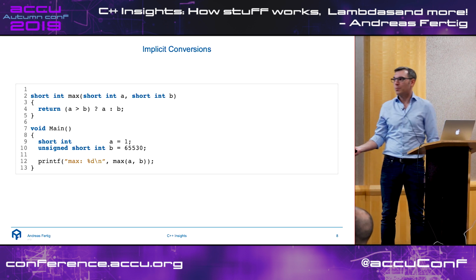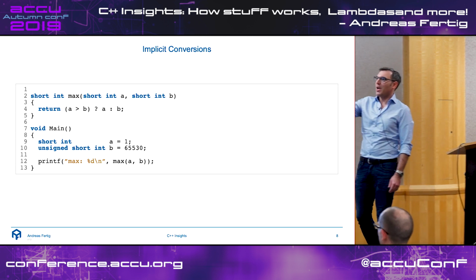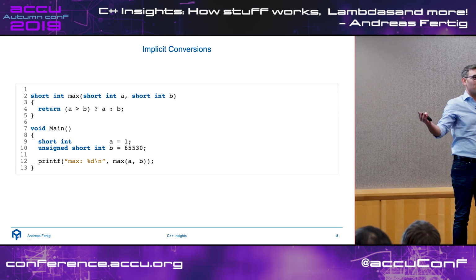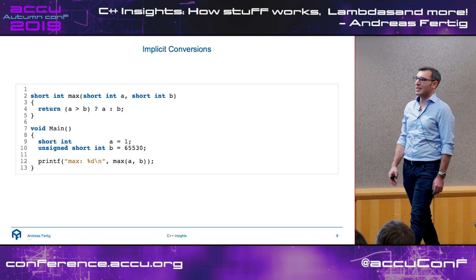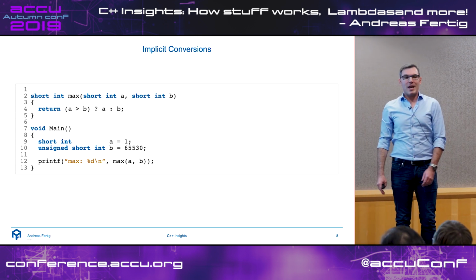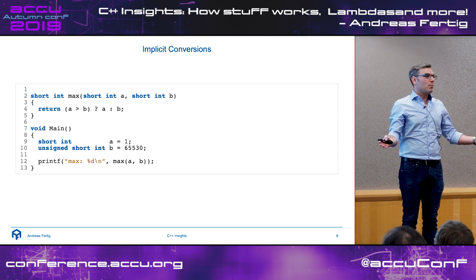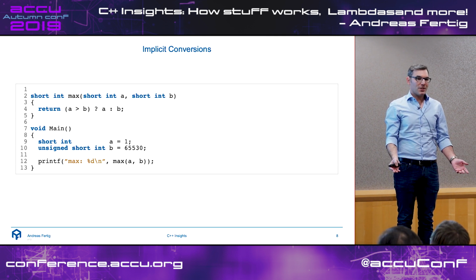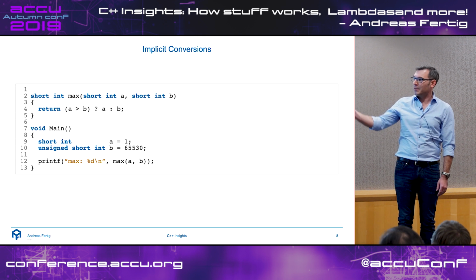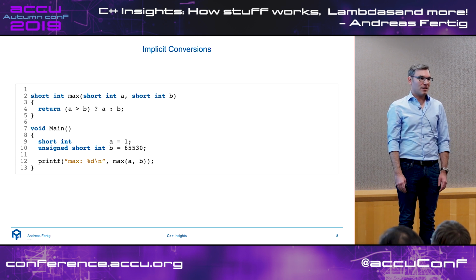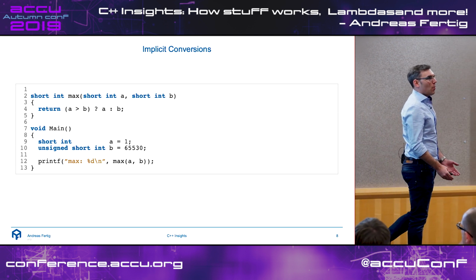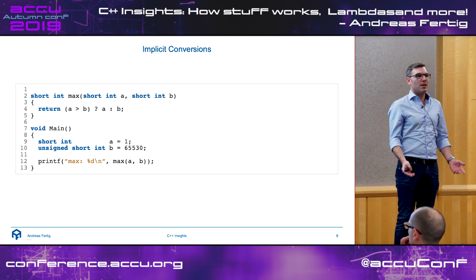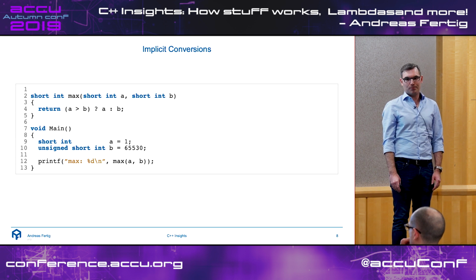1. Of course it is 1. Because I'm comparing a signed and an unsigned, I'm getting an implicit conversion. And unfortunately, or luckily because I chose the value exactly like this, my 65K will be a very, very small number in a signed representation because the most significant bit is set. So we are talking about implicit conversions. How many implicit conversions are here in this example?